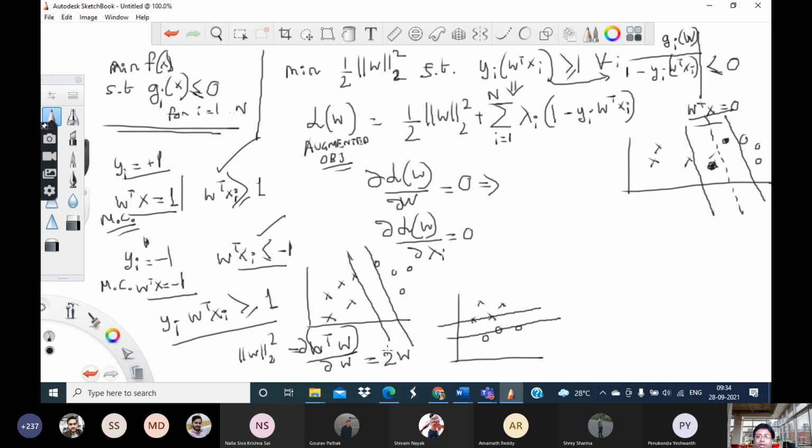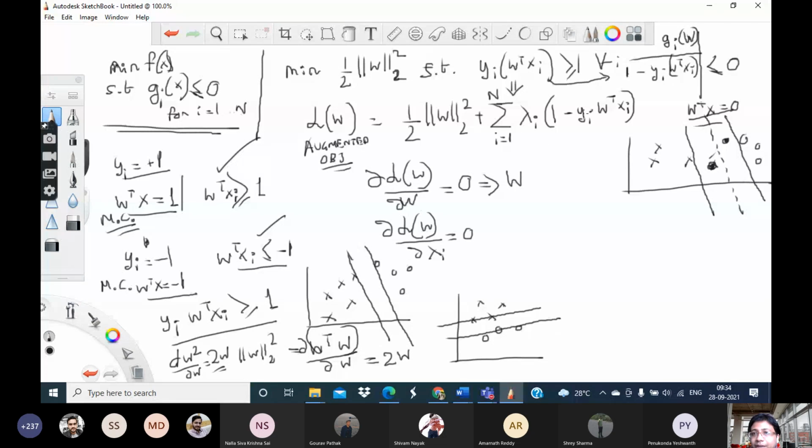This is just like doing normal differentiation, as if you are doing d w squared with respect to dw, which is of course equal to 2w. The only difference is that here w is a scalar and there w is a vector. So you will get twice w, but the 2 and the half will cancel out, so you get just w, the vector.